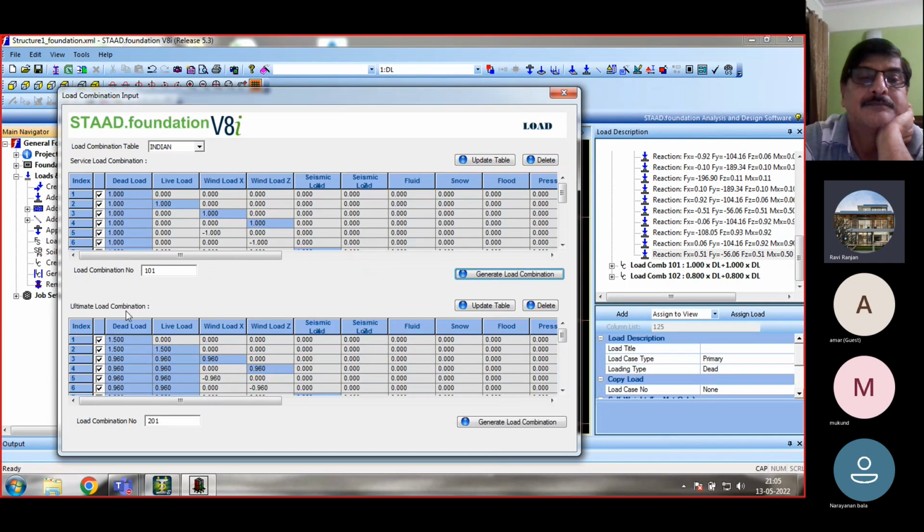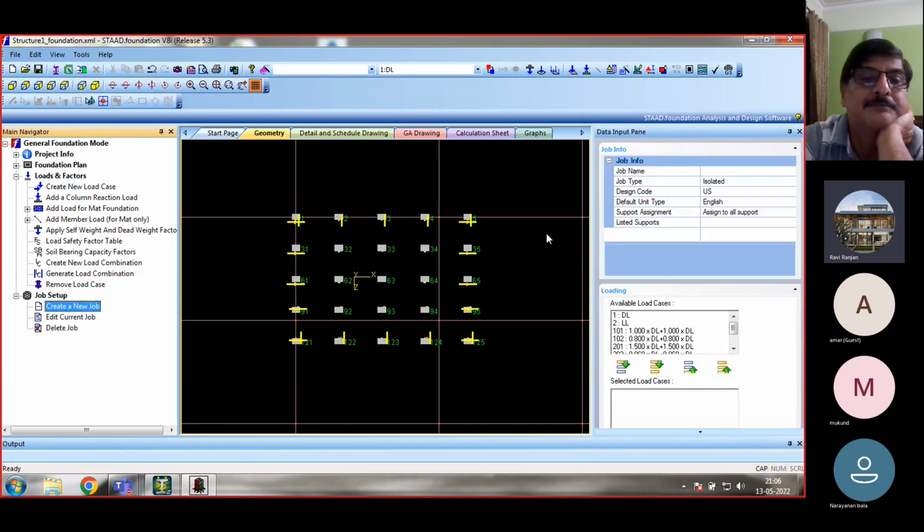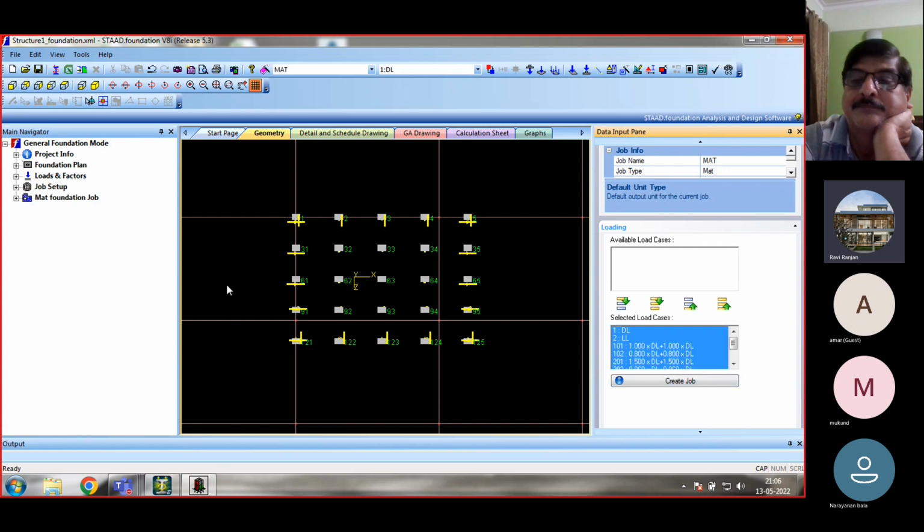Then next we have ultimate load combination also. So we generate these ultimate load combinations also. Close. Here we get the load combinations according to live load and dead load. Then next, again go to job setup, create new job, specify the name mat, and select job type as mat, and Indian design code, and unit is SI, and include these load combinations, dead load, live load, create